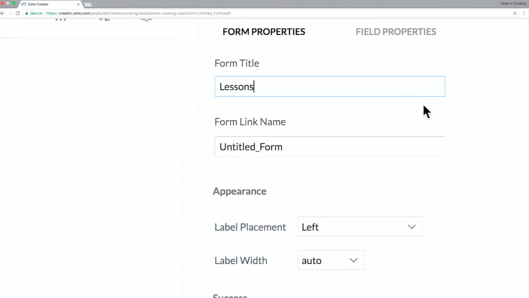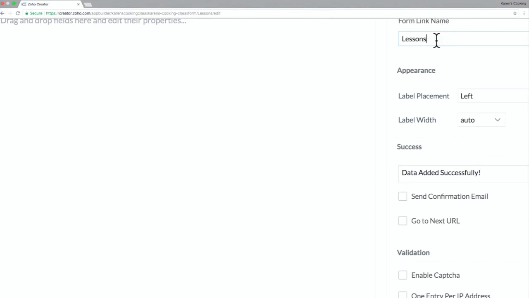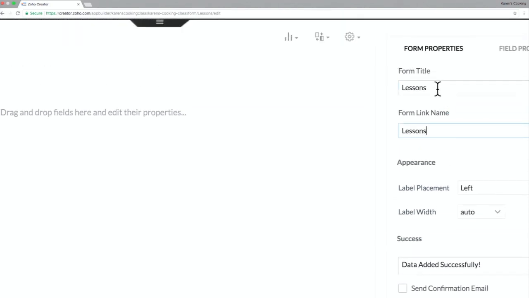We'll be creating instructor second, which we'll be creating using a spreadsheet file. Here, it's always advisable to have your form link name short. Let's have both as lessons. And this form title will be displayed when somebody uses the form. It needs to be named in a way that the user can easily understand the purpose of that form. That is about form name.